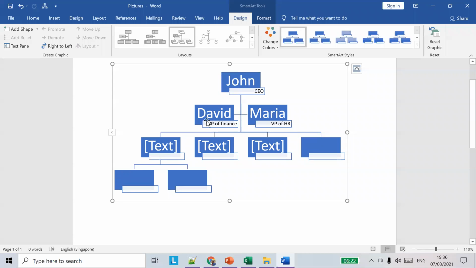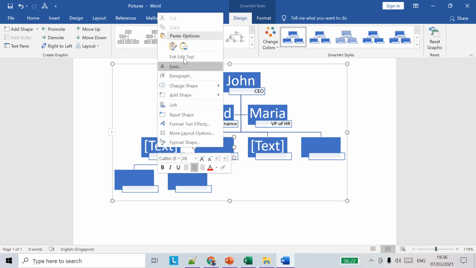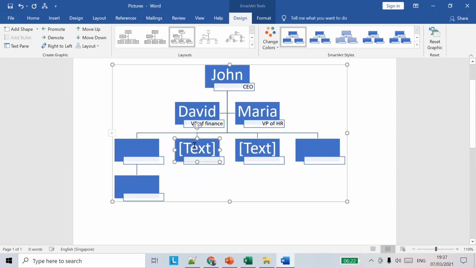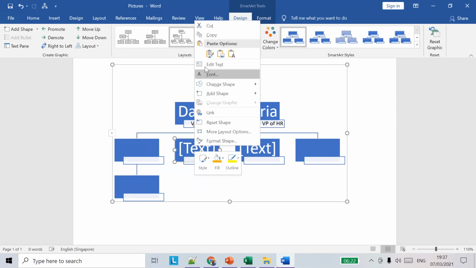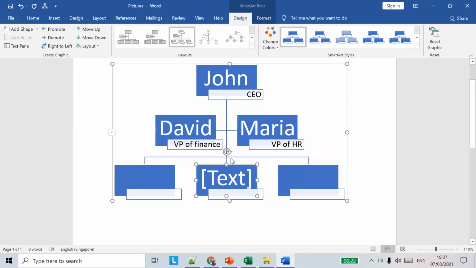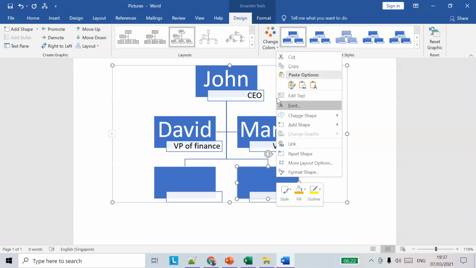So this is a hierarchy. If you want to add another person, let's say we delete all these things. I'm going to add another person under David and one person under Maria.